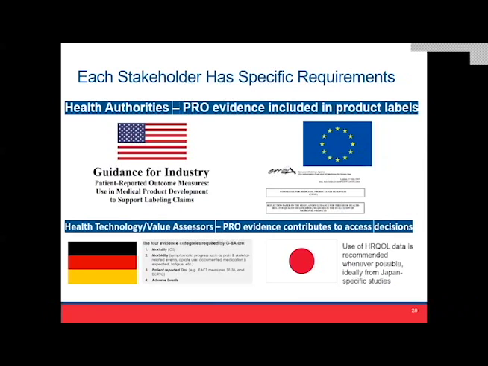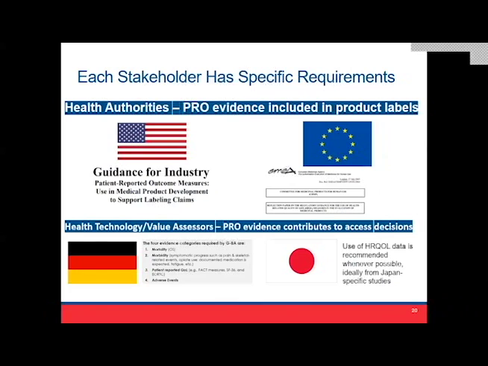The patient-reported outcomes can add to that information as they make their assessments and their decisions about whether to approve a product. With the health technology assessors, they're making decisions about access for patients